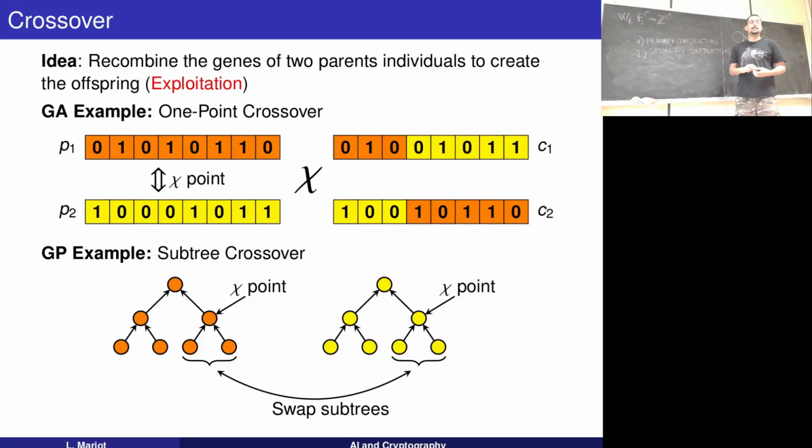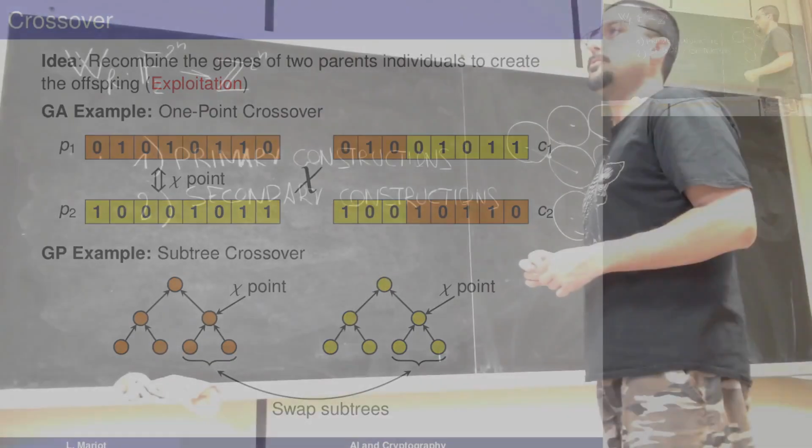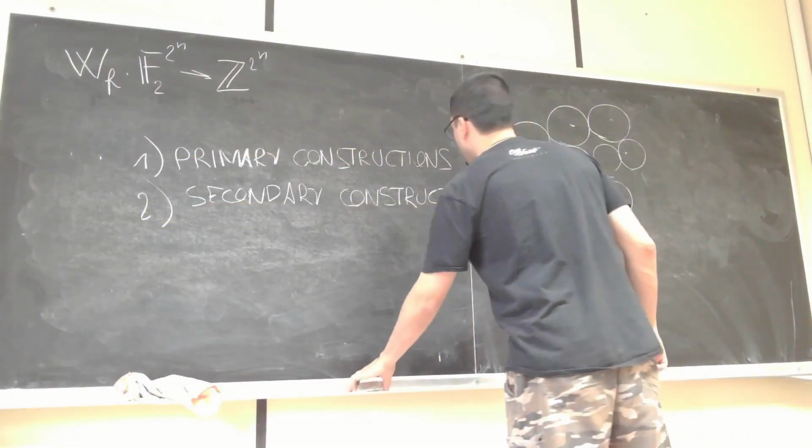For genetic programming instead, you usually have something called subtree crossover. So you have two trees that are representing two parent solutions. Then you select a random point, a random node inside this tree, and then you swap the corresponding subtrees. In general, this crossover is called exploitation,